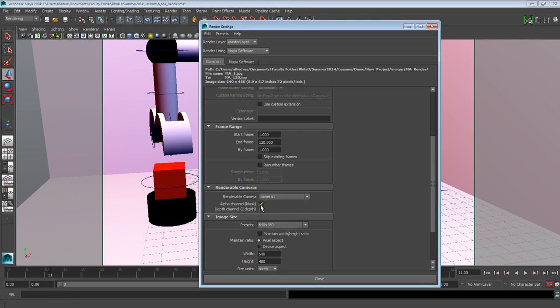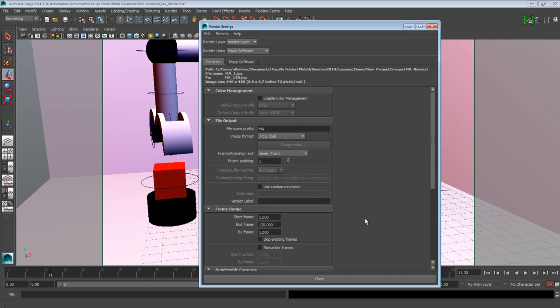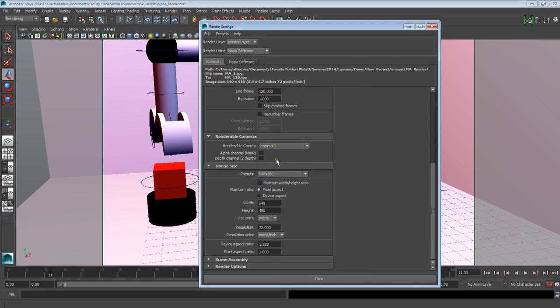In this case, I'm also going to check off the alpha channel because I don't want to mask for this, because again, that type of thing takes a little bit longer. Under image size, you need to select the image size of the render. I'm just using a preset 640 by 480, and you have a bunch of different presets here that you can use in case that's not what's required for your project. So I'm just going to stick to that. 72 is usually pretty good resolution, but you can always change that to something else if you need it to